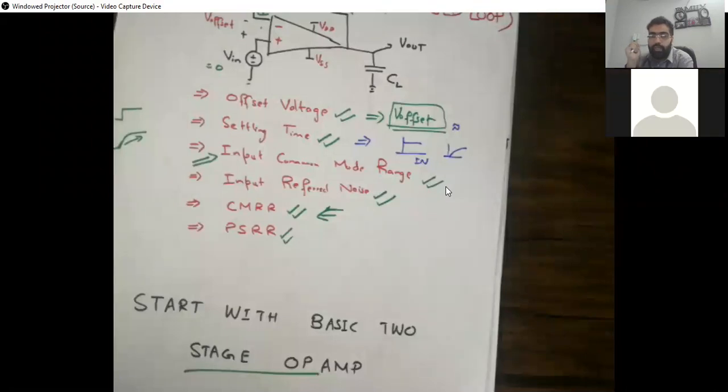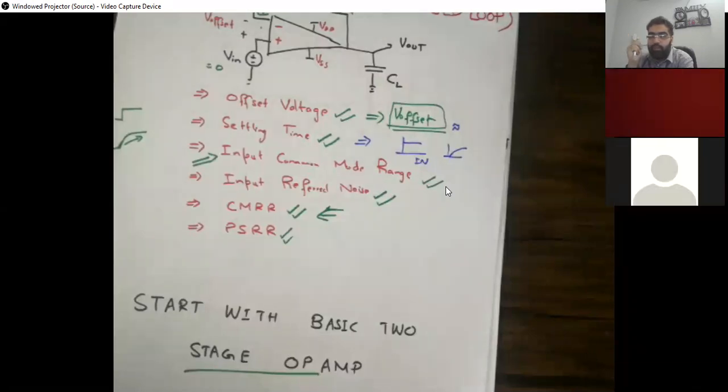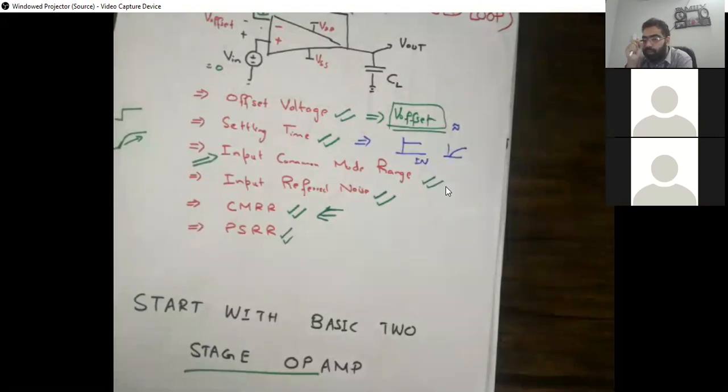Then comes the power supply rejection ratio. Similarly, we have a common mode value from the input side, and we also have a common mode value from the power supply. We want any noise from the power supply to be rejected. For example, we assume that if you set VDD to 1.8 volts or 3.3 volts, it remains at 3.3 volts. But there are some fluctuations involved. The fluctuation can go from 1.7 to 1.9 volts. We want our system to be robust against those variations, so we also need to measure those values.